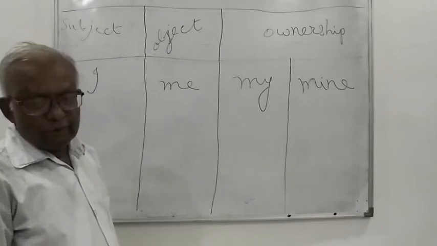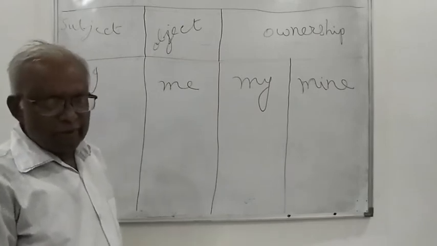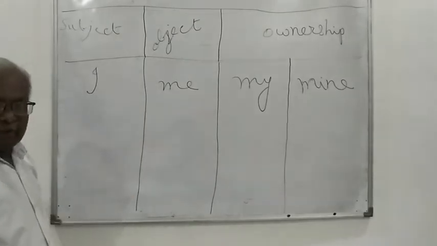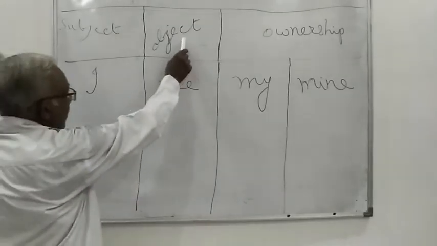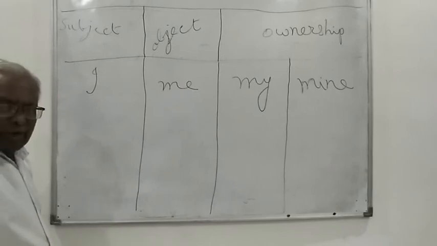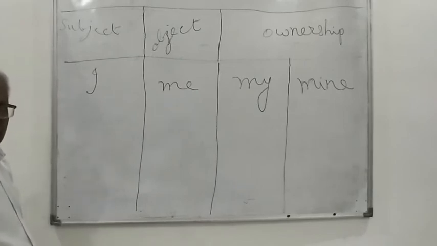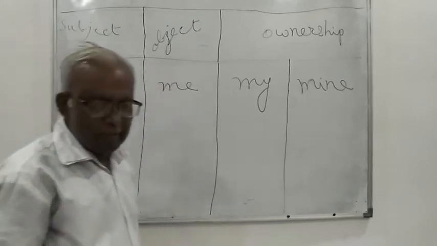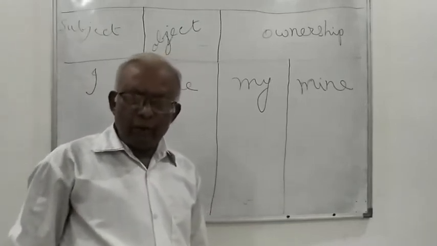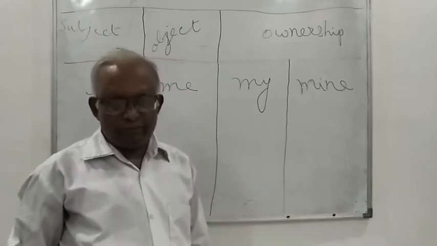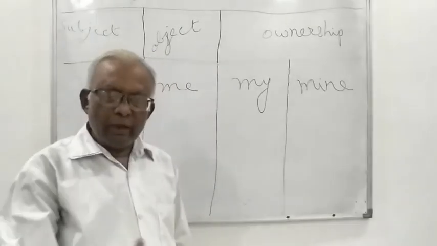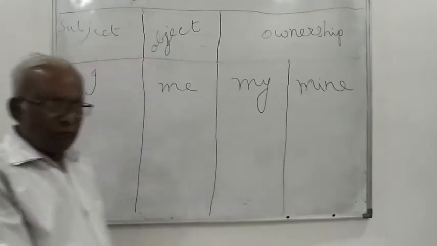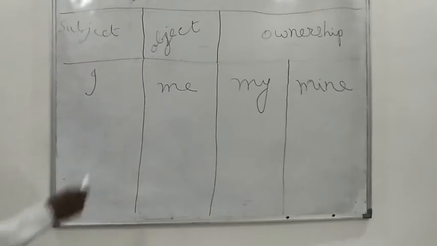Of course, there are some grammar books, they will give you Latin names. This is called nominative case. This object, they call it accusative case. But remember, object can be two types. We will be coming to that, meaning thereby you can have direct object, you can have indirect object. And when it is direct object, we say it is in accusative case.